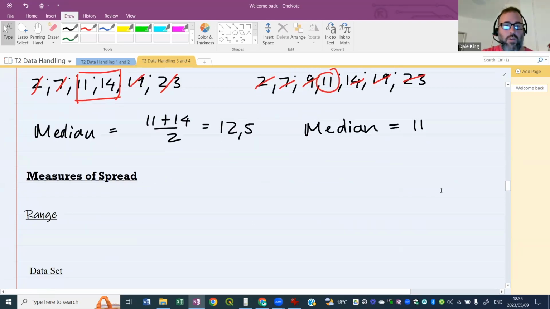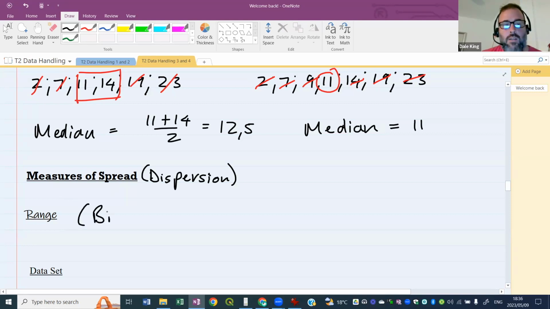Measures of spread. Now we've just done measures of central tendency. There is one measure of spread that we need to do. Sometimes they call this measures of dispersion. To disperse is to spread out. So a measure of spread or a measure of dispersion. The only one you talk about in math literacy really in grade 10, 11 is range. Okay, and range is the biggest,